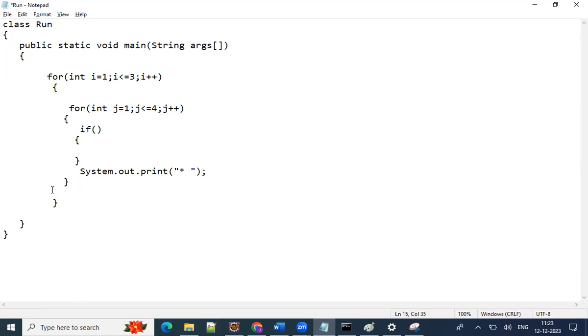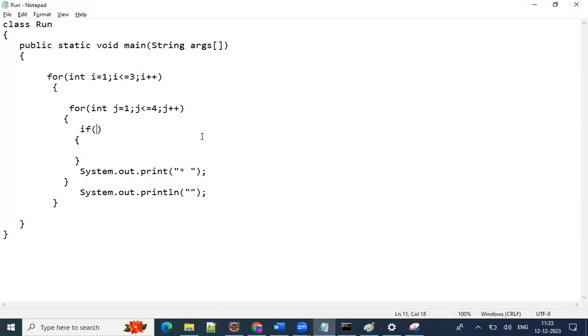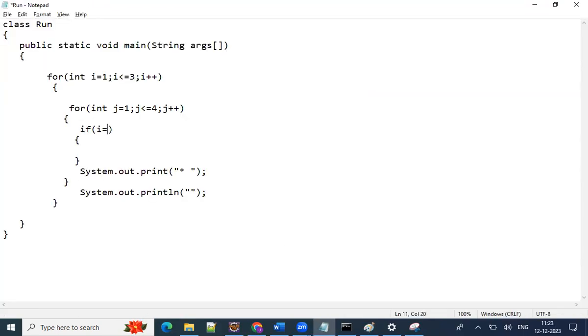You want to print space outside the loop, System.out.println. Okay, here where you want to skip the iteration, second row. Okay, second row, when i double equals to 2, row is 2,